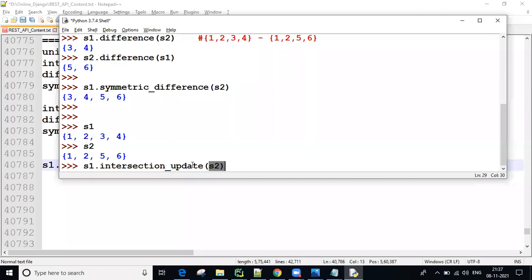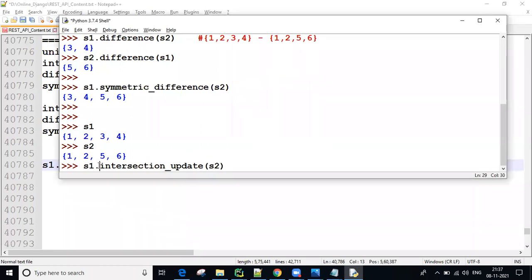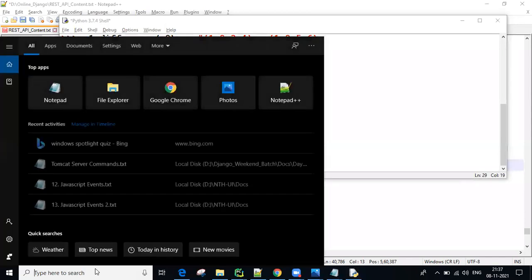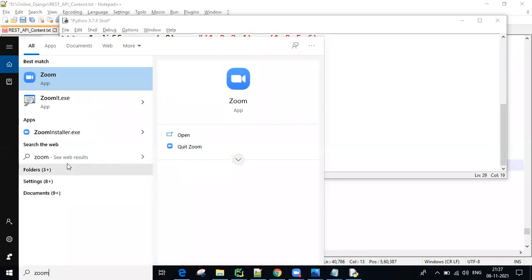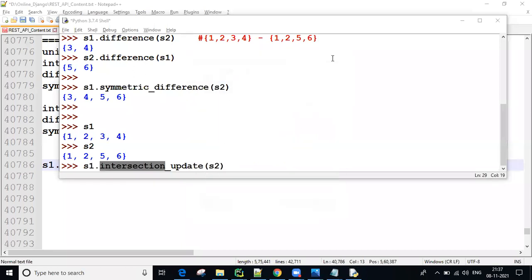If you apply intersection between S1 and S2, what is the output? Yes, 1, 2 will come.